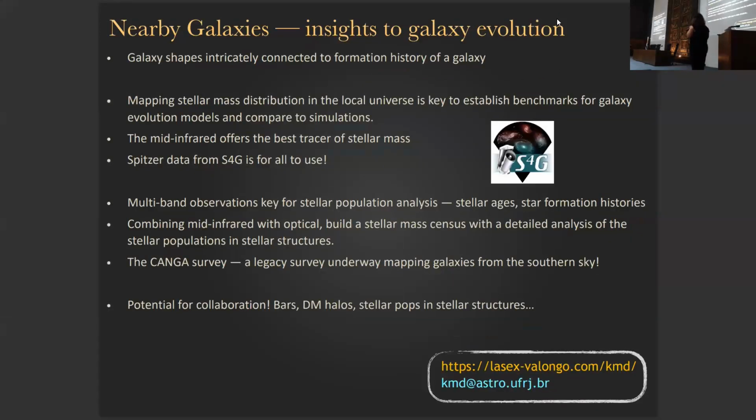So basically this is an invitation to explore. Galaxy shapes are not just pretty pictures, they're very intricate, detail-rich data sets that can be used to tell us something about past events and construct galaxy evolution. We know this, we've been working on this for a long time. The conversation has been going on for a long time between simulators and observers, but this conversation continues to need to be strengthened. The S4G data in the mid-infrared are available on IRSA for everyone to use. If you want to see some, get in touch, please do.